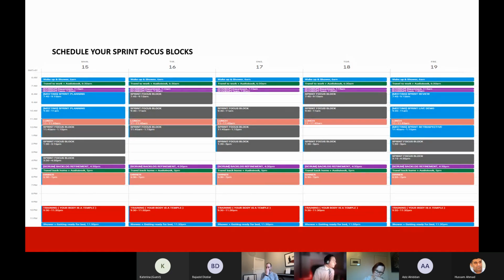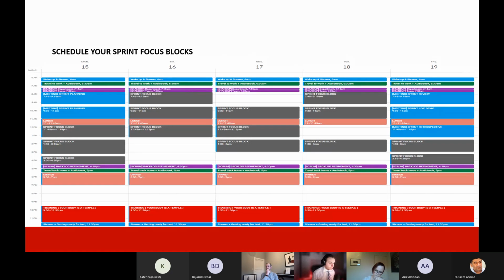And when you have planned your lunch, your dinner time and training, now it's time for what I call the sprint focus blocks. This is more for developers than maybe leaders. It's time where you're going to work on your first priority in the sprint.